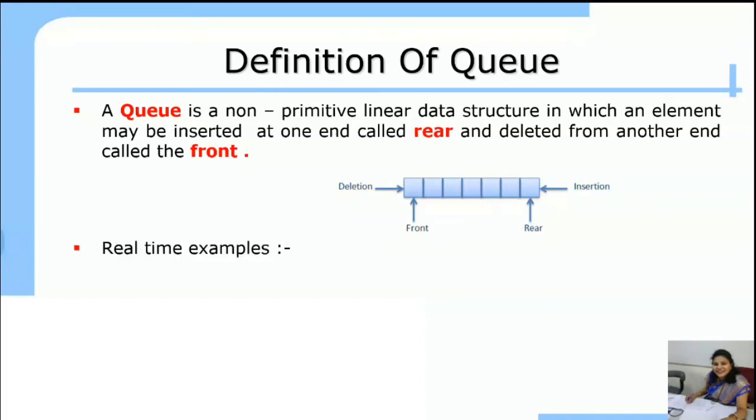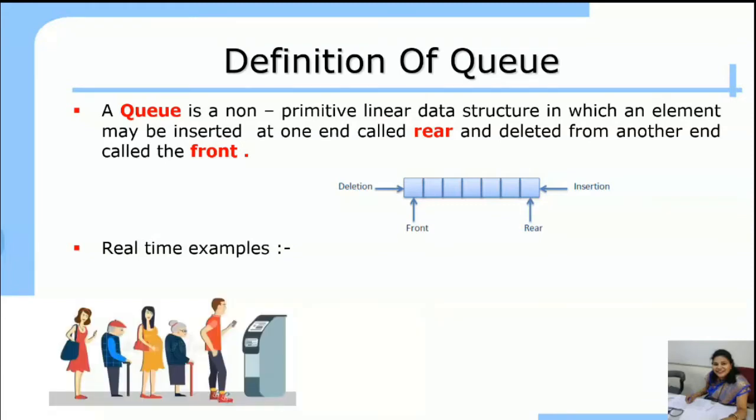Let us take a real-time example to understand the queue concept. This is the queue for the ATM machine. You can see that the person at the first position, a boy wearing a red t-shirt, will use the ATM machine first, and the lady at the last position wearing a red dress will access the ATM machine last.